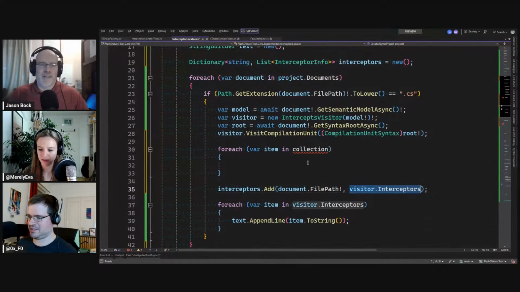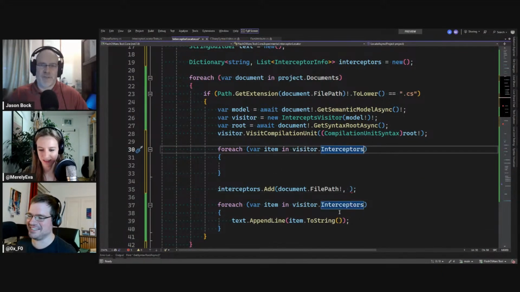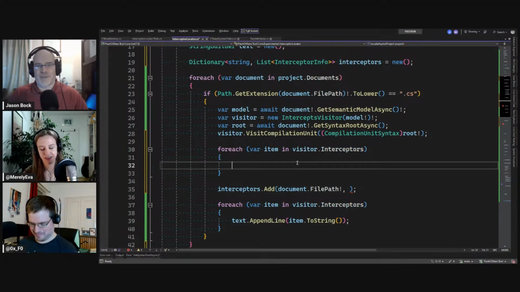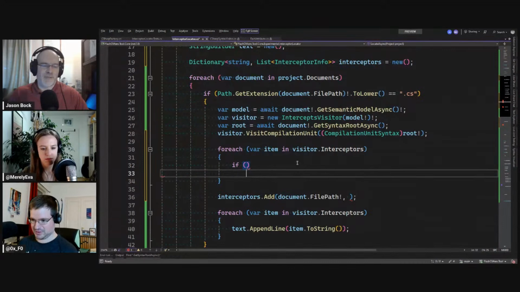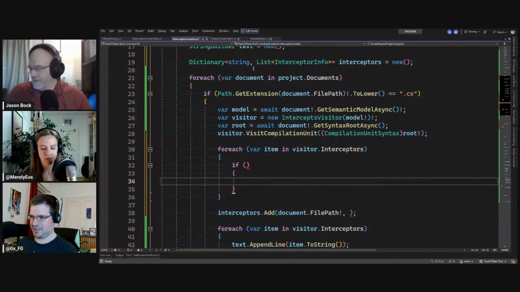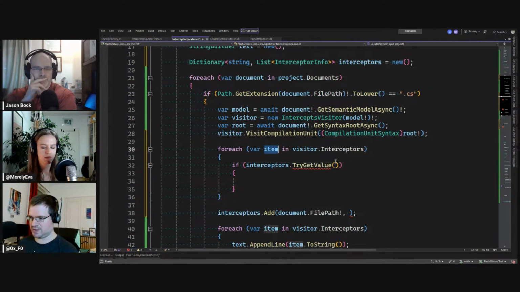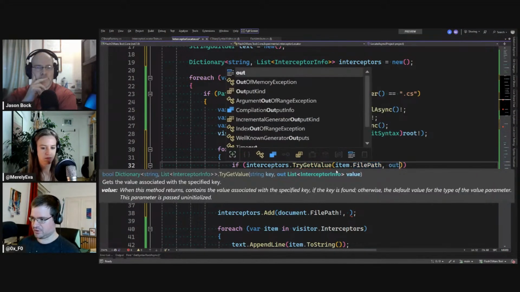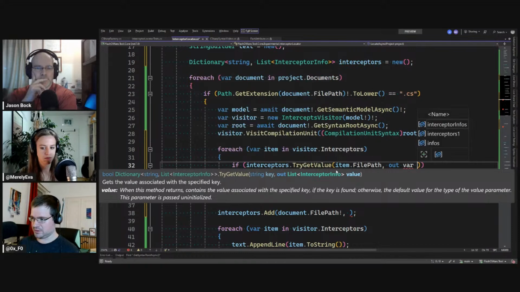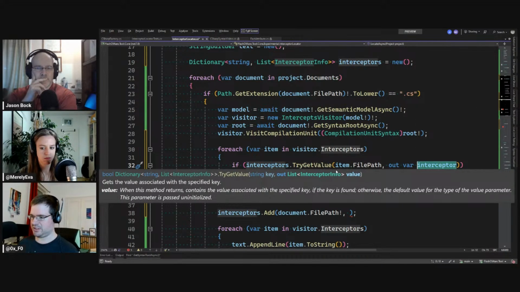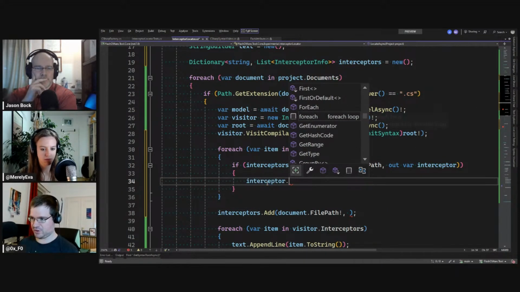Yeah, I was about to just say iterate through, and then if it's the keys there, add to what's there, and if it's not, then just create a new entry. Say if in our interceptors we try to get the value for this item dot file path out var interceptor, and if we did find that, we say dot value.